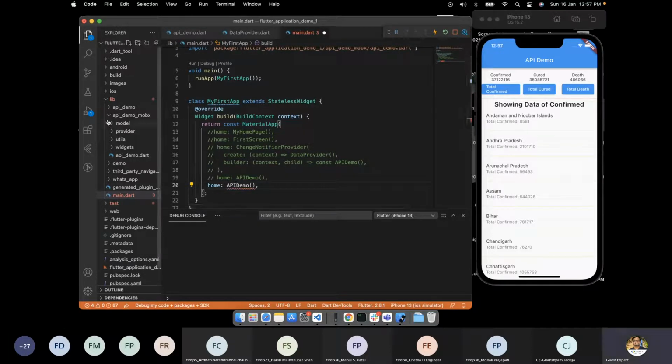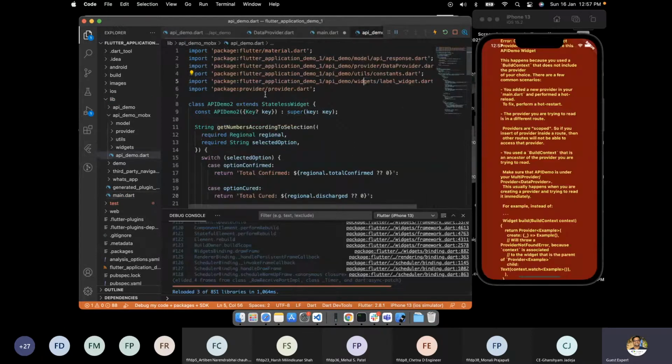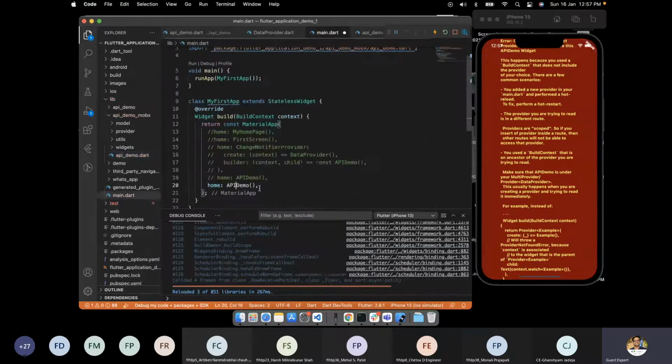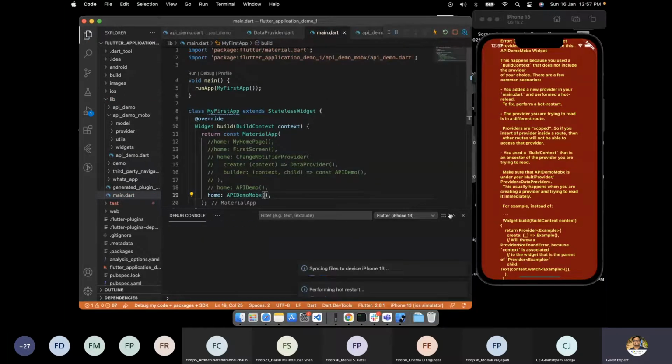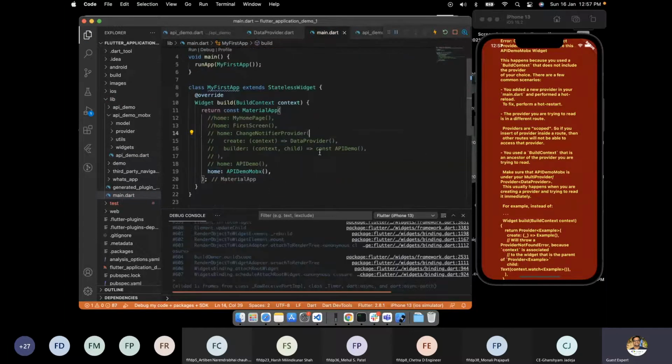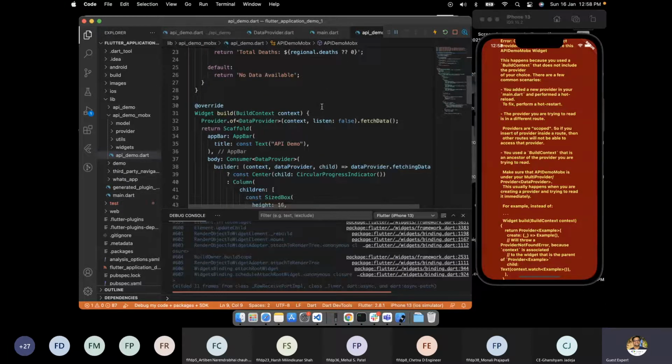Hold on, let me just go to our API demo 2. I just simply need to change the name, so it will be easy. Or I'll simply do API demo MOBEX. So that will be easy for us. API demo MOBEX, perfect. And let's run it, and it will have an error, obviously, because now we have the code of this provider stuff.